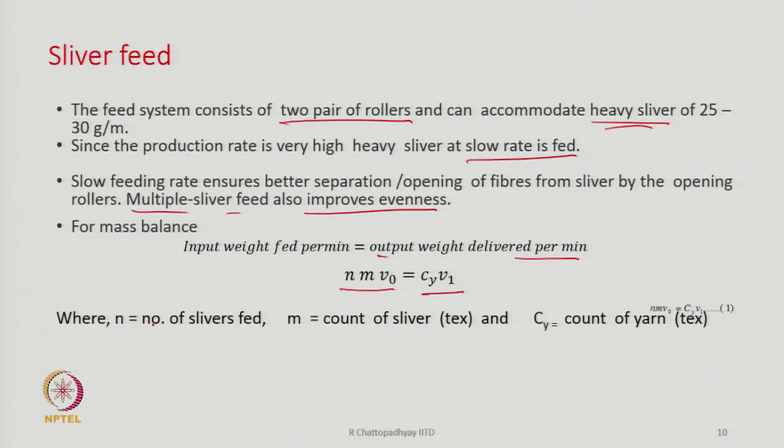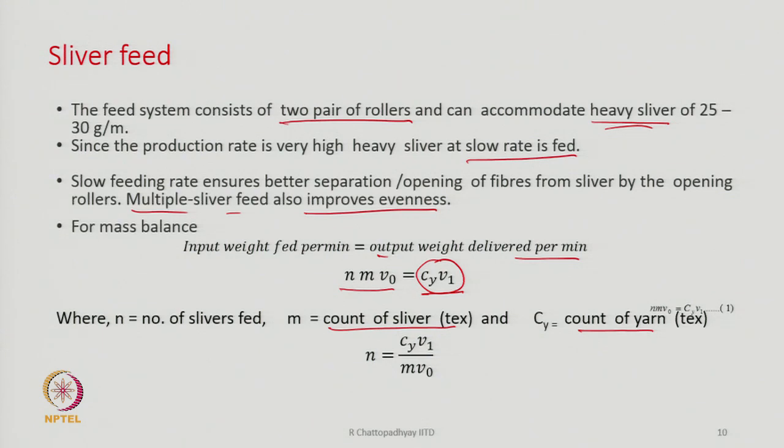N is the number of slivers fed, m is the count of individual sliver in tex, and Cy is the count of yarn also in tex. V0 is the speed of the feed roller and V1 is the speed of the withdrawal roller. So, Cy V1 becomes the yarn delivery per minute